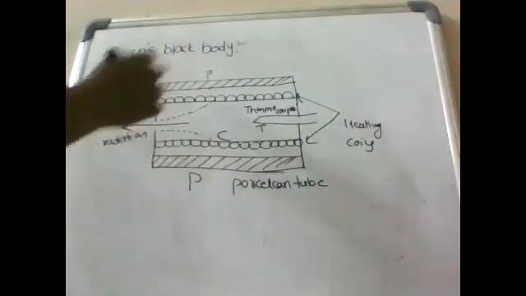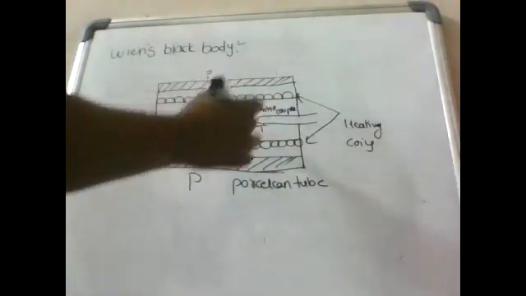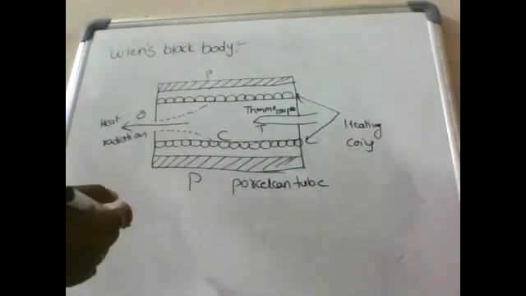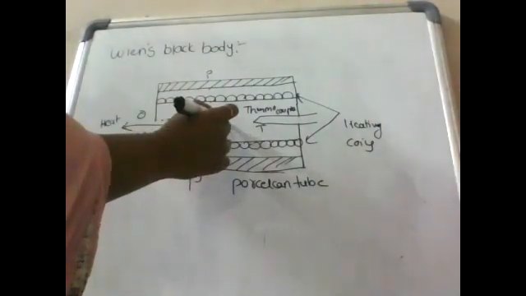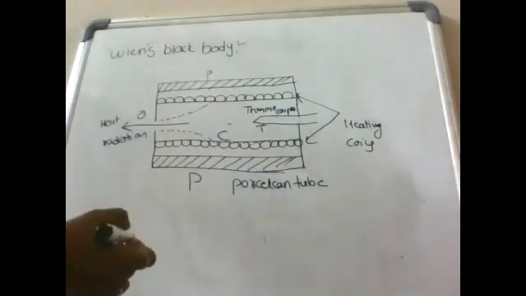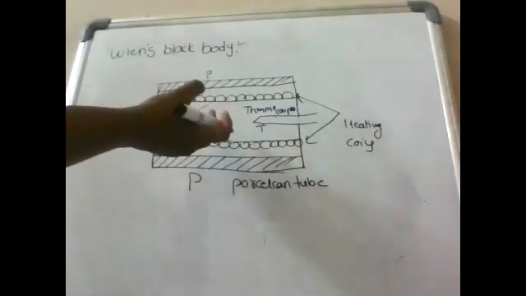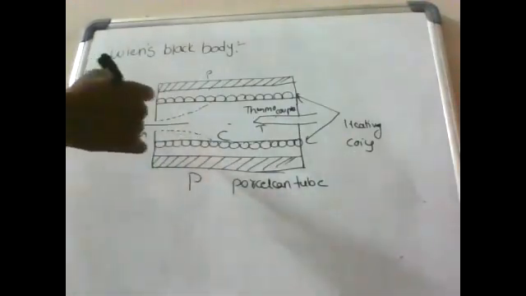This tube is heated by electric current passing in the coil. So here we have heating coils. When the current is passing through that coil, then the tube is heated. The temperature of the central part of the tube is measured by thermocouple T. Heat radiations emerge out of the hole O. As the heat increases, that radiation will come out from this hole O.